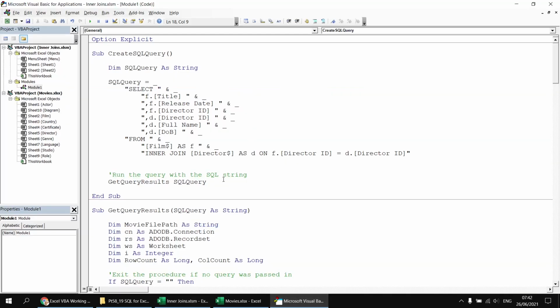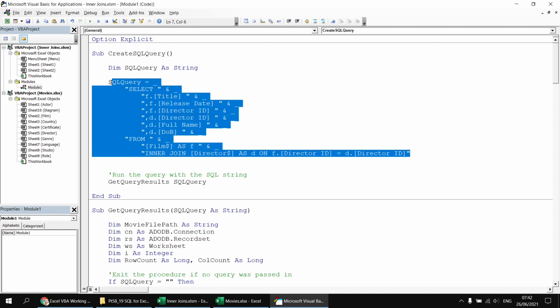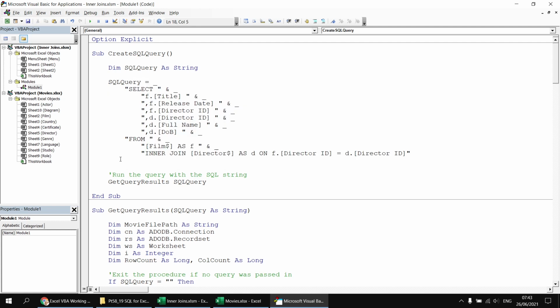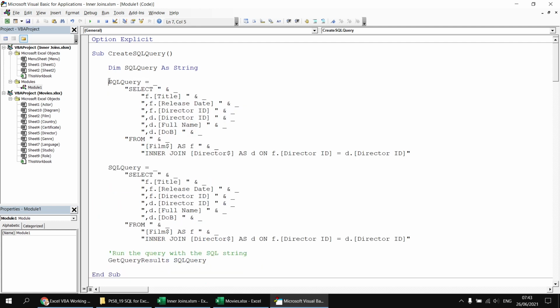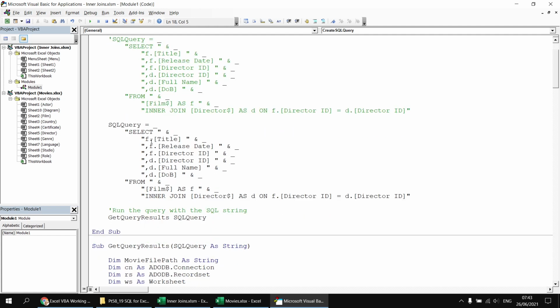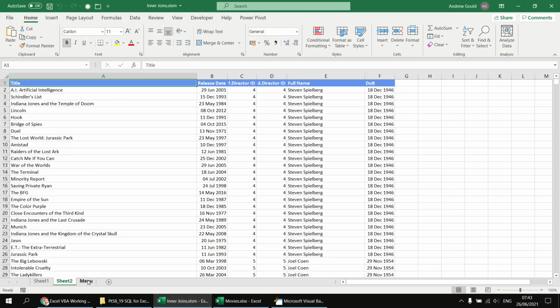Let's just head back to the Visual Basic Editor. I'm going to make a few changes to this query but come back to the original version a little bit later on. So I'm going to at this point make a copy of the entire thing and then just paste it in somewhere down below. And then I'm going to comment out the original version just by typing an apostrophe at the beginning of this SQL query line. Okay, so let's try removing the alias from the uniquely named columns. If we say title, release date, full name and DOB, that will be absolutely fine. If we head back to the Inner Joins menu worksheet and run that query, that will work perfectly happily with